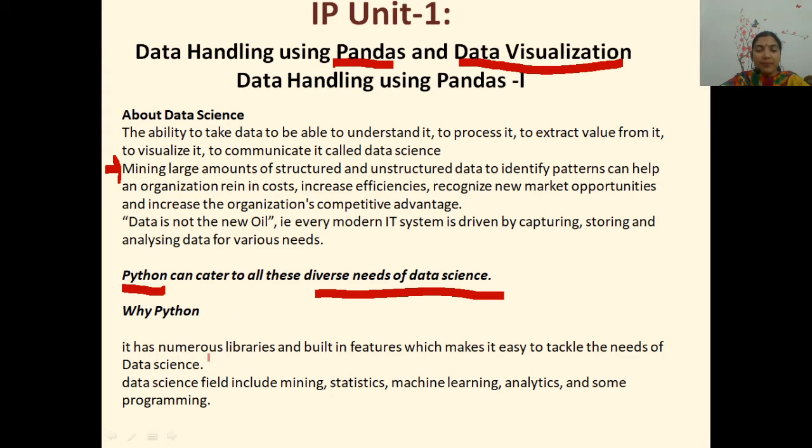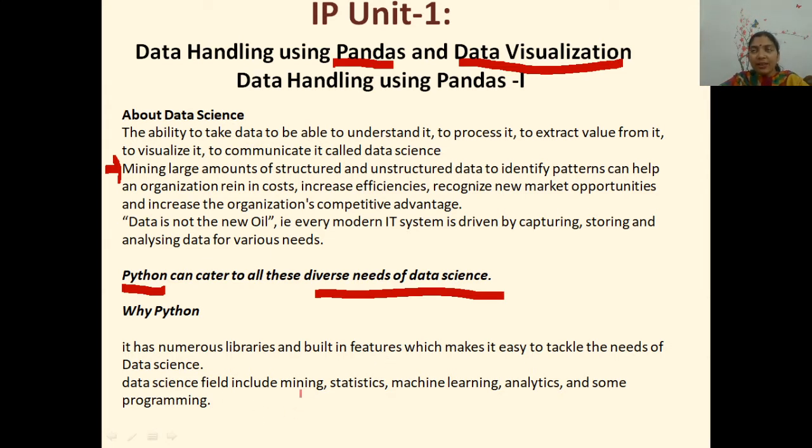Because it has so many libraries and built-in features which tackle the needs of data science. Data science is a collection of big data. We have to work on big data. And what is big data? I will talk about it later because it is the talk of today, big data, the cloud data. So Python has numerous libraries and so many built-in features that help us tackle these data science activities.